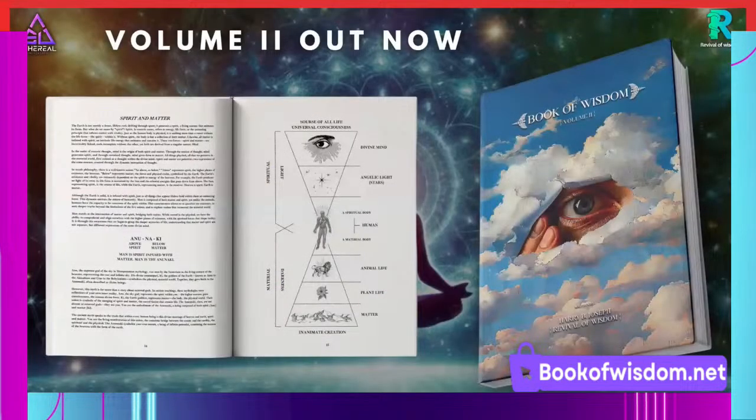I released it the other day. I'm just going to read a page out now. This page is called Spirit and Matter. The Earth is not merely a dense, lifeless rock drifting through space. It possesses spirit, a living essence that animates its form. But what do we mean by spirit? Spirit in esoteric terms refers to the energy, the life force, animating the principles infused in matter. So essentially, what this page is talking about is how everything has spirit, consciousness, within it.